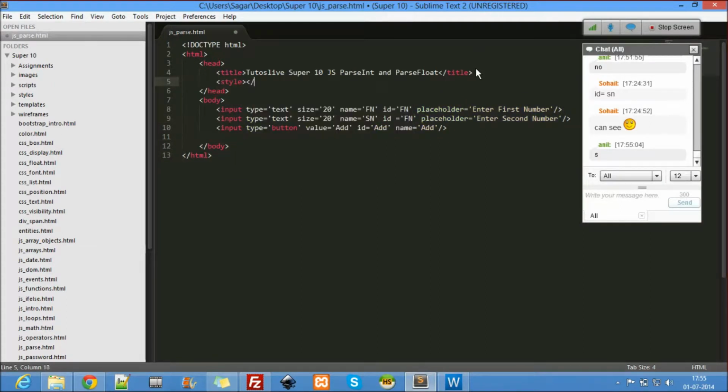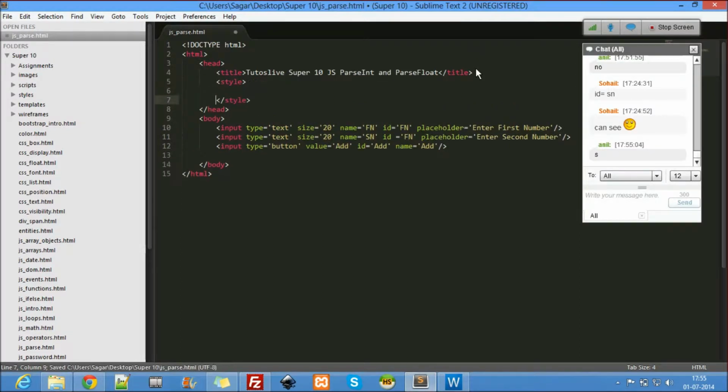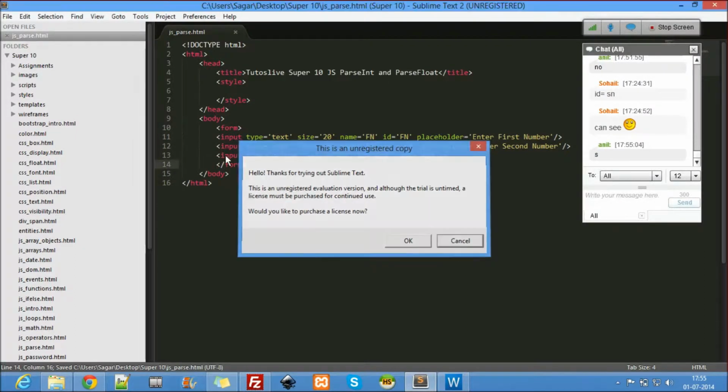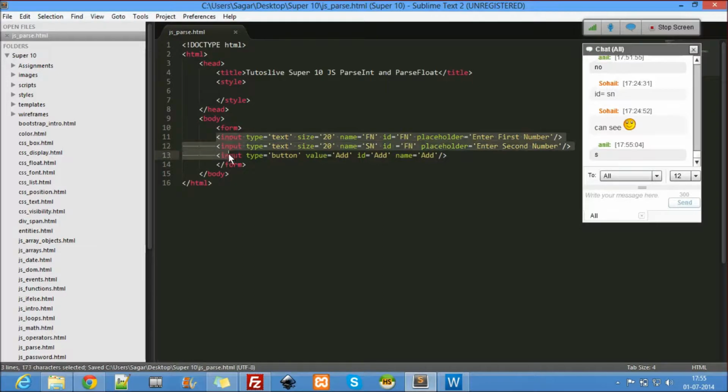Style. This is the one you're never ever supposed to forget. These are form elements.